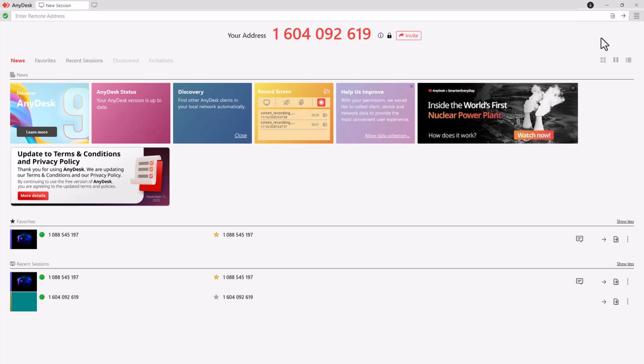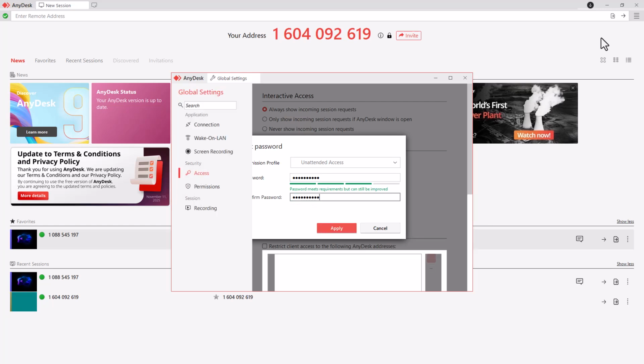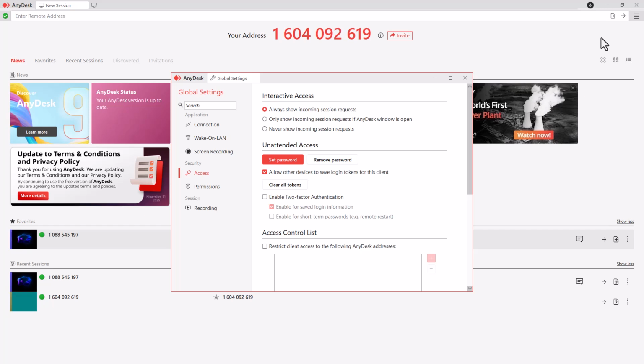So it says, do you want to allow this app to make changes to your device? You have to accept, and then go to unattended access and type in the password right here. So let me type in the password, just like this. Type in the password, click on apply. So you can see that this is what you have, and I have enabled